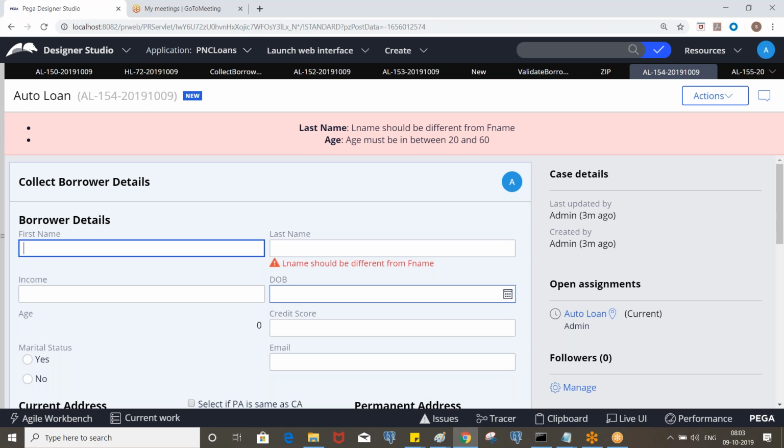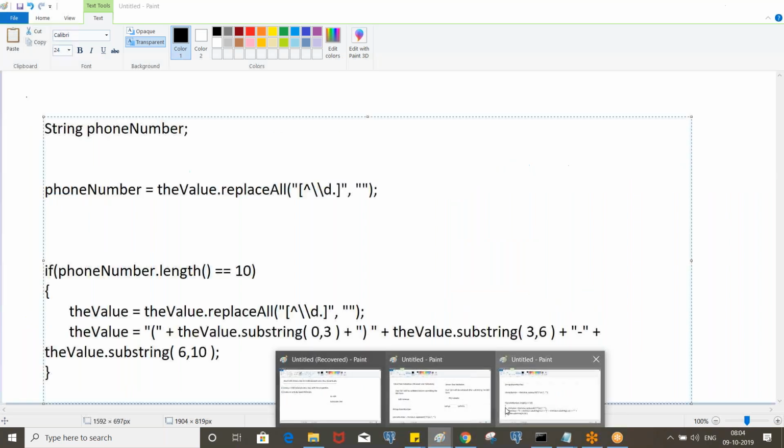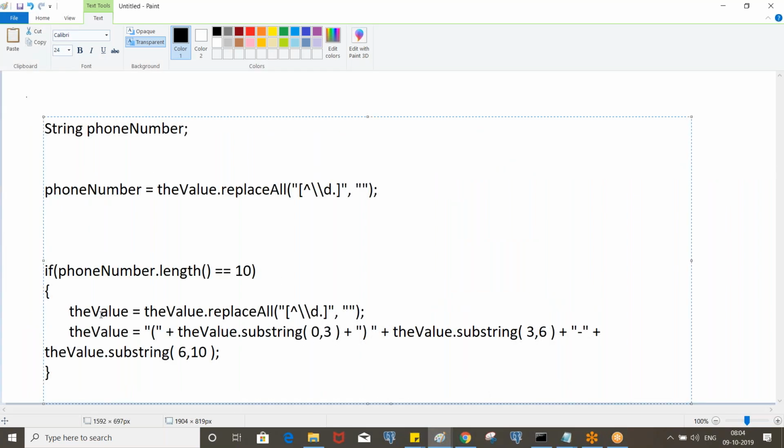So if we are able to understand one validation code, we'll be able to understand the others. For this validation, let me show you this phone number. You need to understand the syntax, the value.